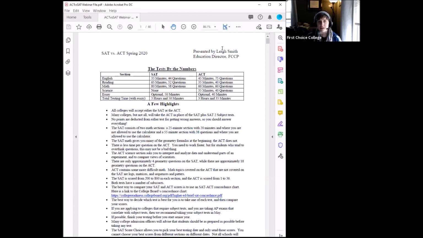Instead, what we find is that about a quarter of my students who try it out do better on the ACT, a quarter of them do better on the SAT, and the remaining half do equally as well on both. So you can take their SAT score, take their ACT score, use a concordance chart, and compare the two. For most of my students, they do just as well on both tests. Different students might have different feelings about how they did on the test. Some students just feel more comfortable after they've taken the ACT or feel more comfortable about the SAT. But in terms of the actual numbers, most of them end up doing about as well on both.